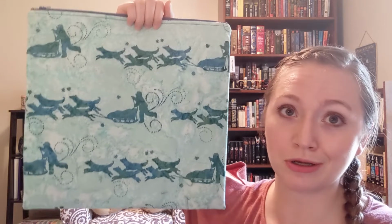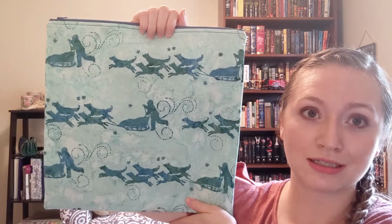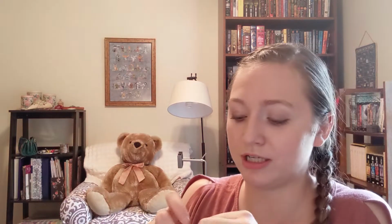Then I just wanted to show you this because I also will do custom bags for you. If you have fabric that you want to make a bag out of, please just reach out to me and I'll talk to you about how much that costs. But I've done a custom bag for a friend and this is it. And I think it's really pretty too. So it's this really pretty dog sleds. And then her inside fabric that she sent is like the night sky. It's really dark blue. And of course I made a pocket in there and it's got the dog sled on it. So if you guys are interested in a custom bag, if you have some fabric and you aren't comfortable making your own project bags and you like how mine are,